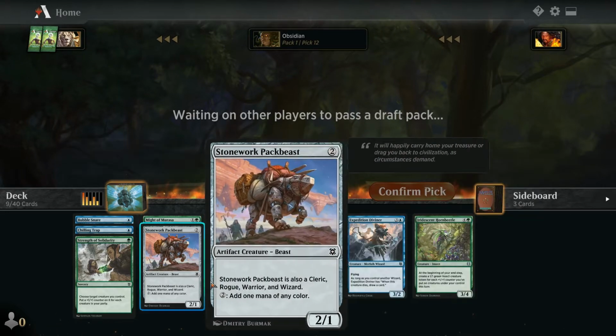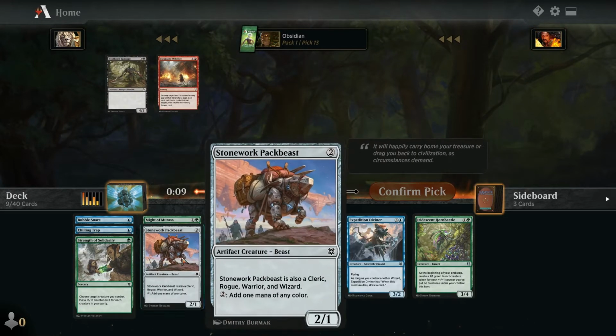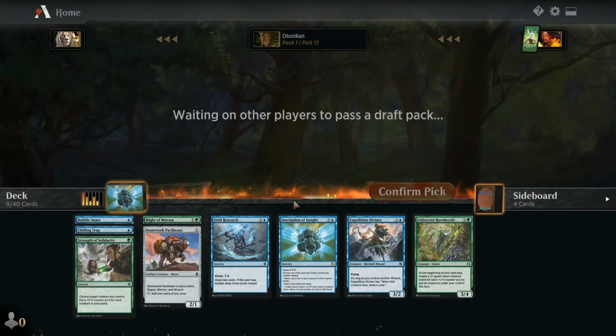I still need to pick up some wizards. I need to take Pack Beasts pretty aggressively. I'm not sure how highly people are taking this Chilling Trap. Maybe I should have taken the Pack Beast in its place and tried to wield the Chilling Trap. But I think the Trap is a solid card. So,